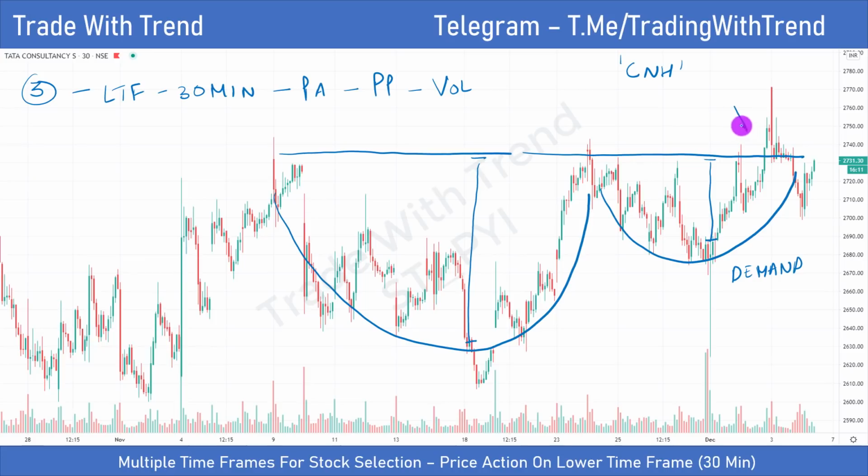And now you're seeing some sort of activity happening above this particular range here, and price is now again pulling back into this range. See, the thing is, when price was attempting to move higher, even in this region, there has been clear volume expansion. So this is again a very positive sign for me. Price is again trying to move above 2731, 2740. And I feel if TCS can go past something like 2750, 2760 thereabouts, then it would be in a very good position to go to something like 2900 or even 3000 level.